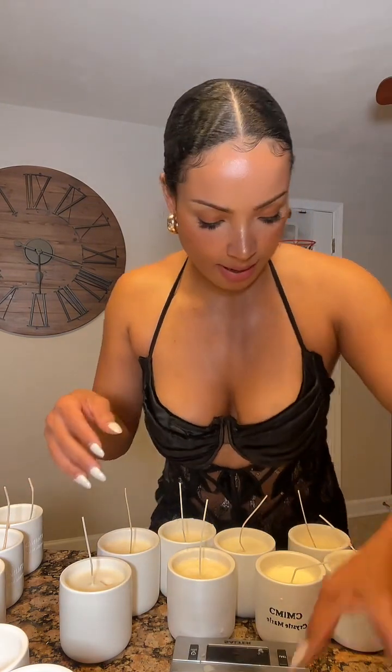All right, perfect. So for this one, I'm just going to add one of these holders because it's starting to bend and I don't want that problem because I want it to stay in the middle. And then I'm just gonna put that to the side. All right, next, this hole is really deep, so I'm going to